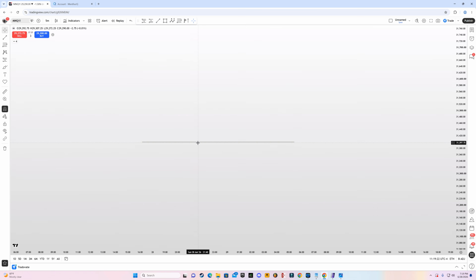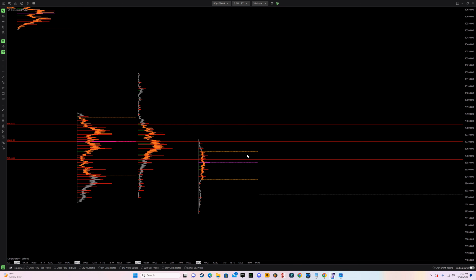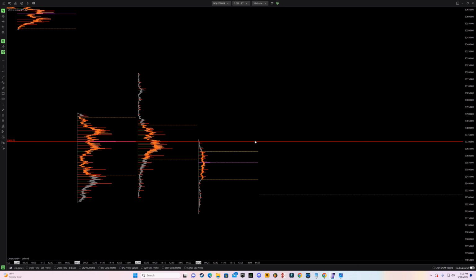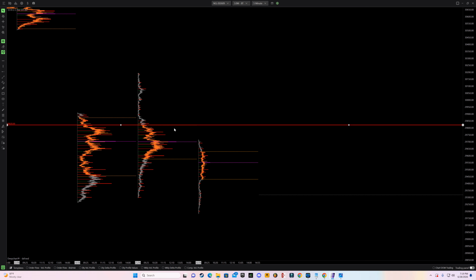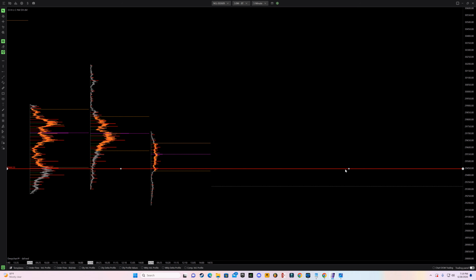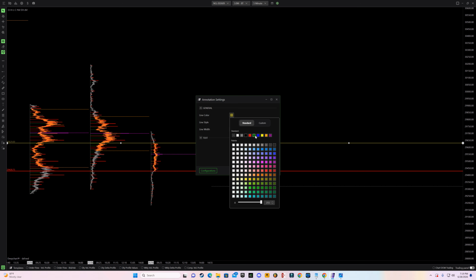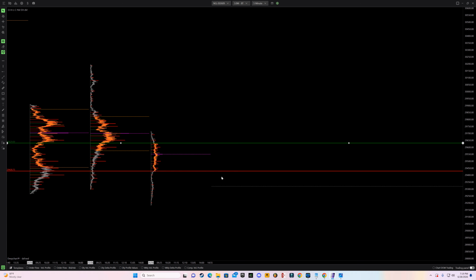So this is our overnight value area high, or we have, let's say, the value area high of the previous cash session, right? So if our bias is bullish, we can either look for a trade from the value area low, but when we are in a negative gamma regime, it's very unlikely that price will retrace back after the open into the value area low of the previous cash session, right? So what we can anticipate is that if we get a break above the value area high of the previous cash session, right, we can see